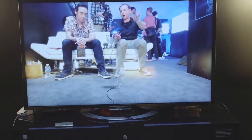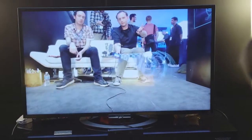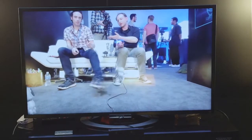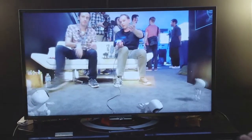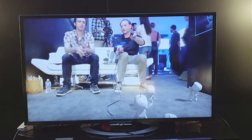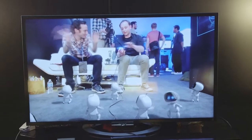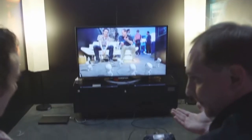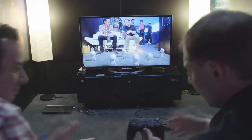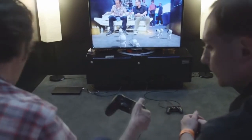So there's an AR aspect, of course, to this tech demo. It's recording us the whole time. This guy, I don't want to let this guy out. I want to make sure I get all of them. And as you can see, our gentleman here, Nicolas, is interacting with them in the world physically by moving his hands around, and the PlayStation 4 Eye is following along with him. And there's more of this as well, right, with Asobi. That's right, yeah. So if we want to get him back out here, how do we do that? Right, if you want to go back to